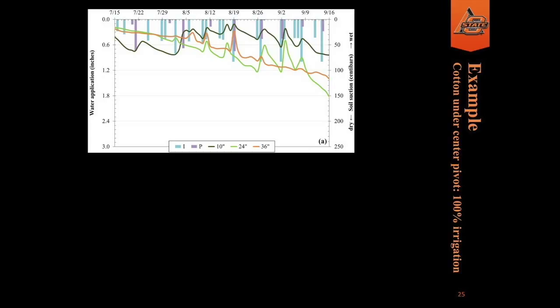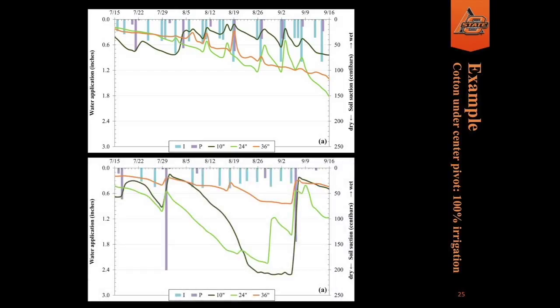If they want to make sure they don't have deep percolation, they're doing a good job. And they can tell that. But if they want to get water below the 36-inch, then they know that they can go ahead and adjust the irrigation management. Now just to compare this with the situation we had last year,